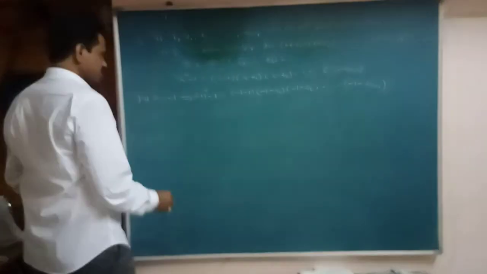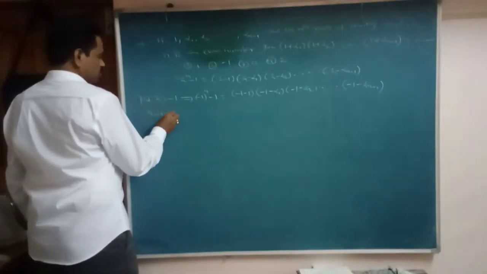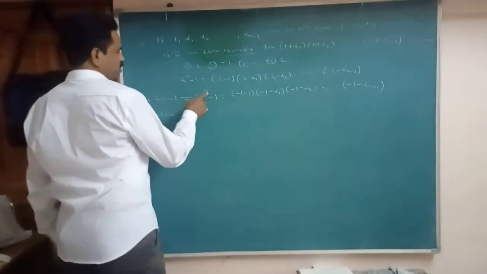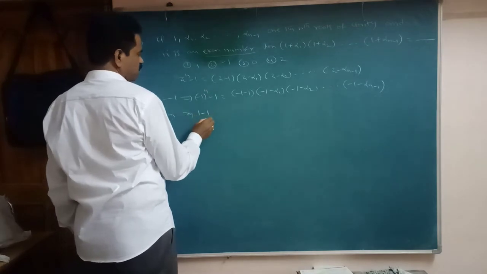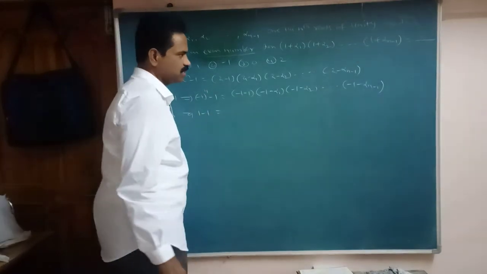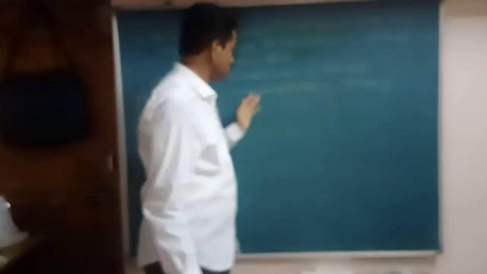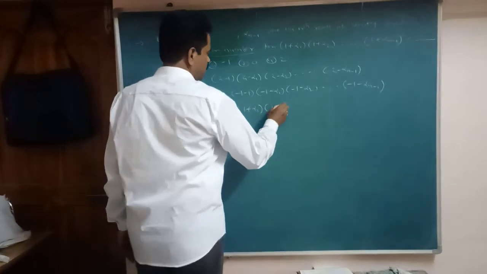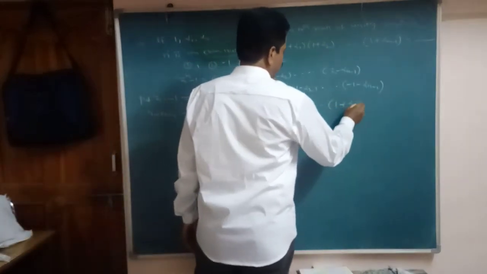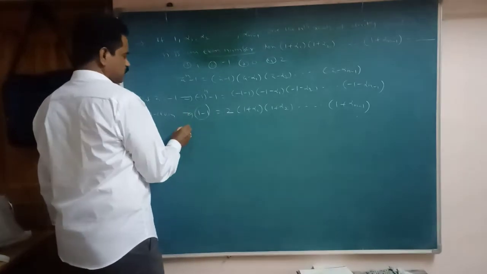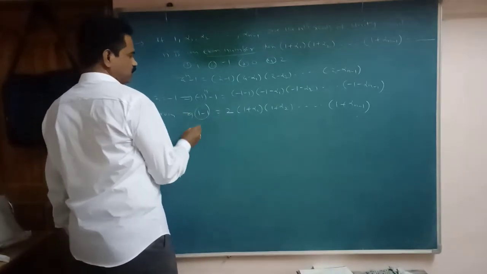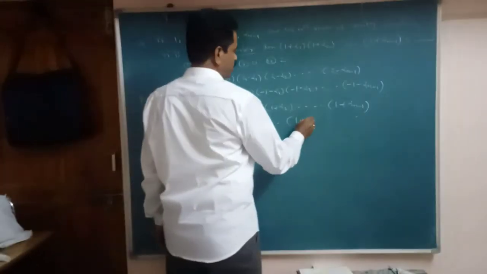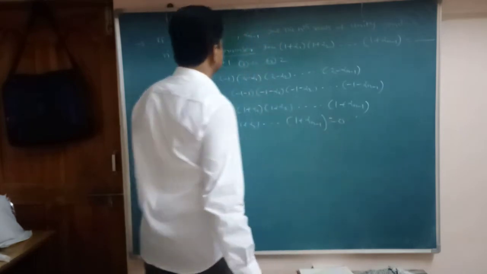Suppose n is even. N is an even number given. So it is how much here? Minus 1 power even is 1. 1 minus 1, it is how much here? 0. Here minus means all are minus into minus, here plus because even. So it becomes 2 into 1 plus alpha 1, 1 plus alpha 2, so on 1 plus alpha n minus 1. So its value is how much here? 0. Therefore 0 by 2 is 0. So 1 plus alpha 1 into 1 plus alpha 2, so on 1 plus alpha n minus 1 is how much here? 0. So third option.